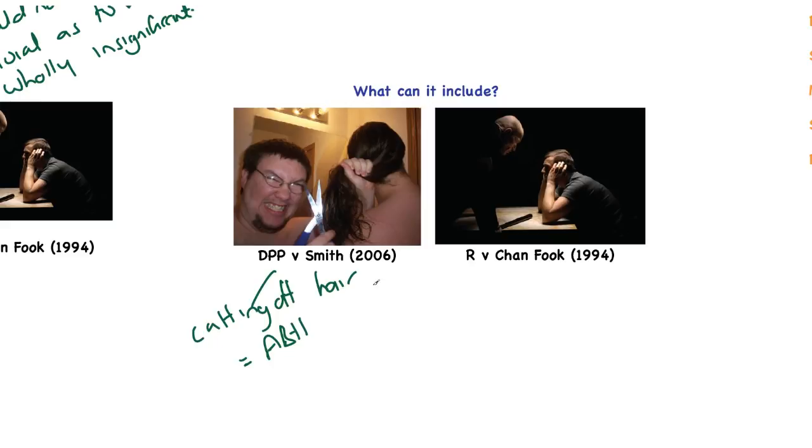And Chan Fook, you remember we've just discussed that, adds psychiatric injury. I've got there it equals ABH, but actually what the judge says is it could be ABH or GBH depending on the level of psychiatric injury. So do you remember that the prosecution did not rely on the physical injury, probably because they felt that the victim broke the chain of causation. But what they did rely on was the psychiatric harm caused to the victim. And the last part of that, the judge says,